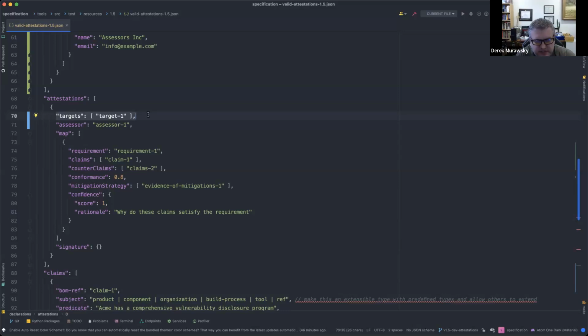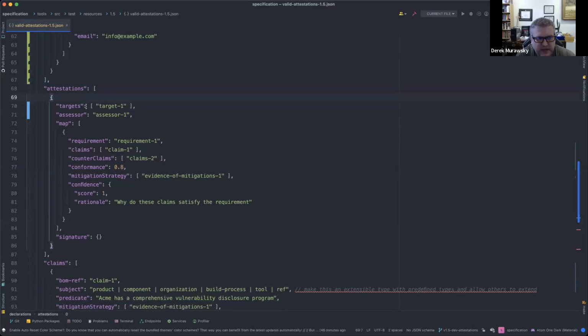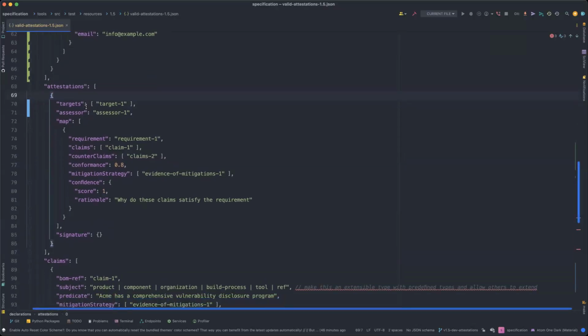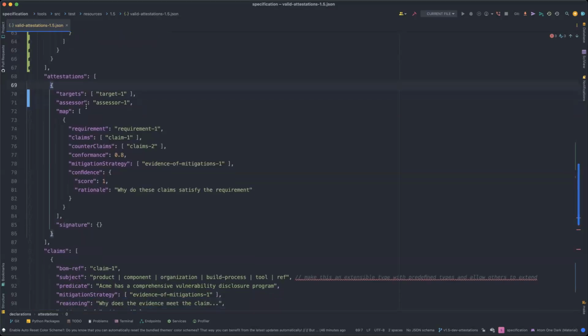Maybe it's not mutually exclusive though, because if we had an array of targets, simple refs that we could refer to, a claim would be made against some kind of a target. And then maybe that subject becomes target as well, and it refers to one of those external ones. That's exactly what I was saying. Yeah, but we leave it up in 70 as well, is my point, because the claim will be made against things. That's fine. That's perfectly fine in my mind.